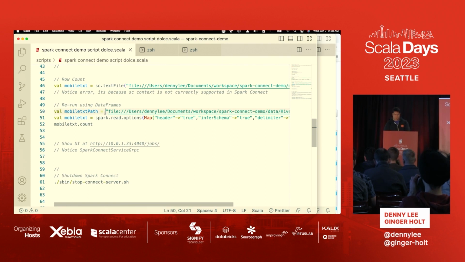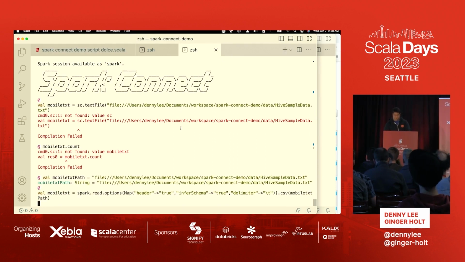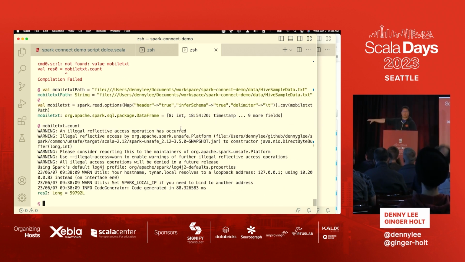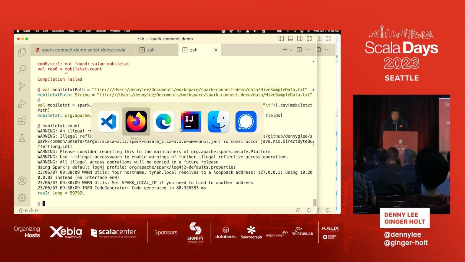Okay, so let me go ahead and do this. Again, I'm just going to copy and paste it so that way you don't have to see me type it. All right, now this runs perfectly fine. Okay, and it gives you the same answer too, so no worries. If I go back to the UI,